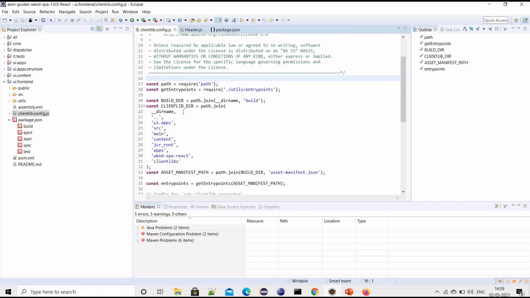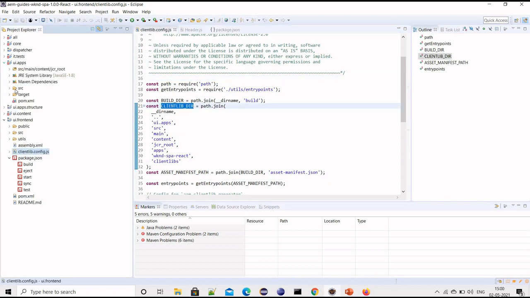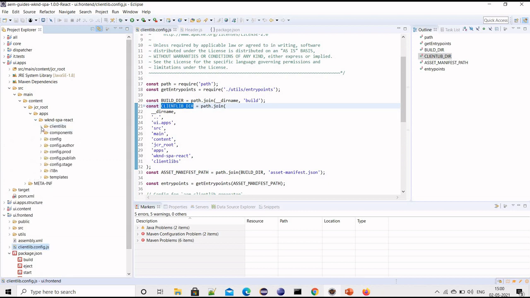Basically here we have that mapping. Whenever we generate any client lib in UI frontend, we have to copy it to UI apps, so we have to give the path on which we want to copy. This is the client lib directory: inside UI apps, src main content jcr root, apps, then we can spar react, and then under client libs.